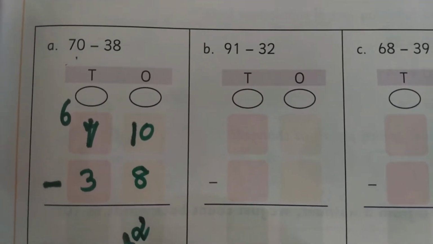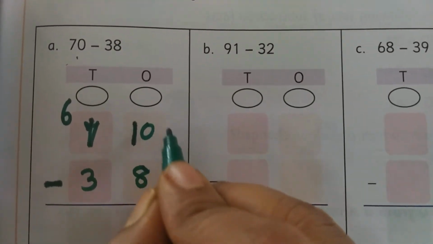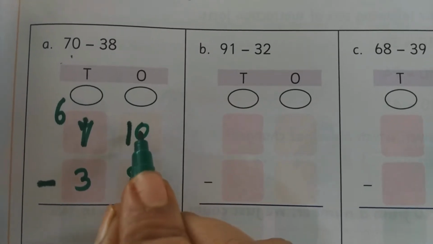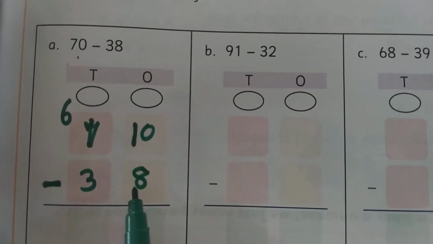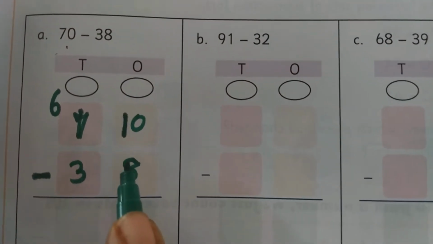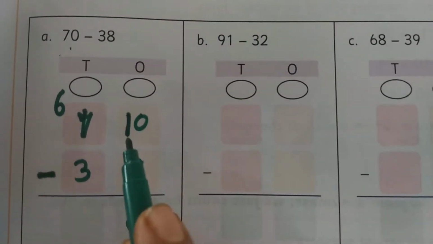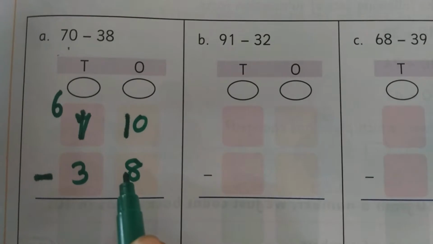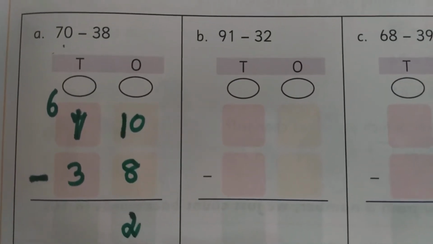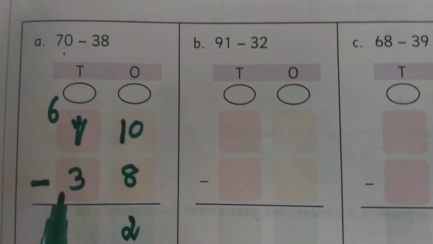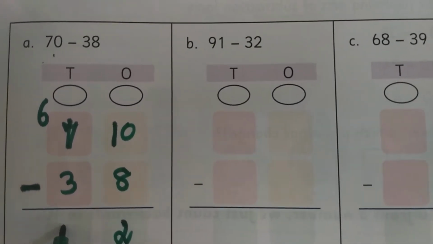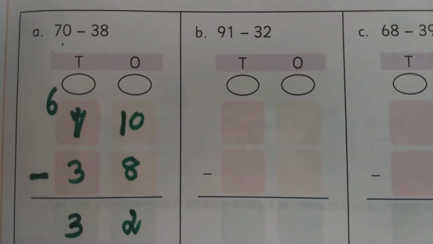Okay, you can do the subtraction by putting lines. In the last session I showed you, you can draw 10 lines and to subtract 8, strike out 8 lines. Like that also you can do. And if you know how to do this subtraction, you can minus as it is. So 10 minus 8, 2. Again from 6 you want to subtract 3. 6 minus 3 is 3. Okay, so this is the answer.